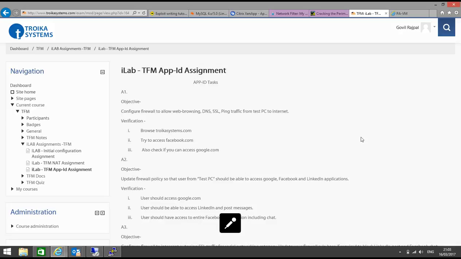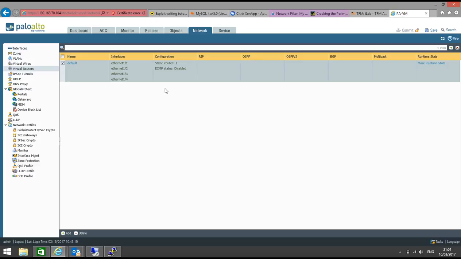Hello everyone. This video is the solution of the App-ID assignment. I'll replicate all the tasks in the assignment in the Troika iLab Palo Alto instance. Let me first go through the topology we have, and then we will start the configuration of application identification and how it works. I have logged into the Palo Alto firewall via the management IP address,